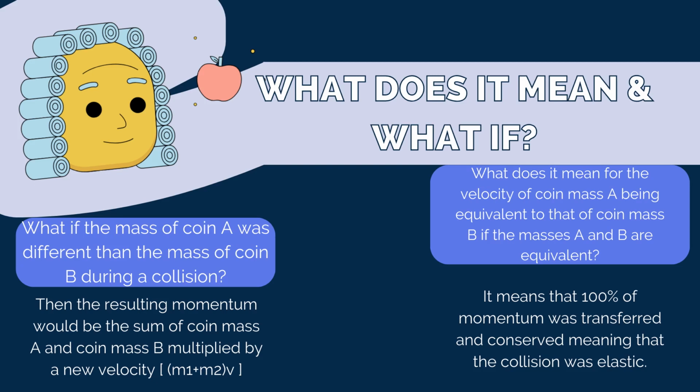So what if the mass of coin A was different than the mass of coin B during the collision? If this were true, then the resulting momentum would be the sum of coin mass A and coin mass B multiplied by a new velocity. And what does it mean for the velocity of coin mass A to be equivalent to that of coin mass B if the masses A and B are equivalent? So this basically means that 100% of the momentum was transferred and conserved during the collision, meaning that it was